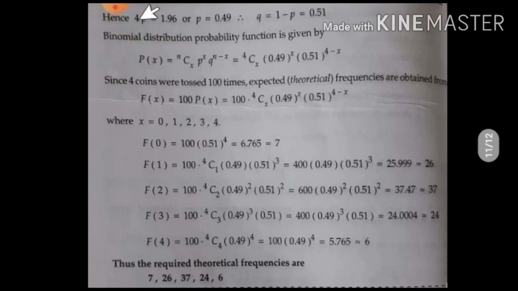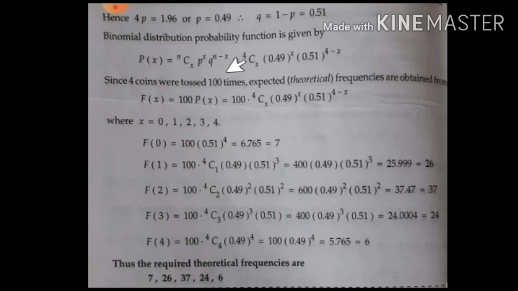Here observe that n is 4, and p equals mu by n. So p is 1.96 by 4, you get it as 0.49, and q is 0.51. So there is a slight difference between what we generally take and what we obtain from the given data using the statistical calculation. For tossing a coin, generally success is 0.5. Instead of 0.5, how much are we getting? 0.49. So it is a small change in the value. So directly you can take it, or you can calculate the p value using the statistics formula: obtain the mean, and from the mean you obtain the p value.